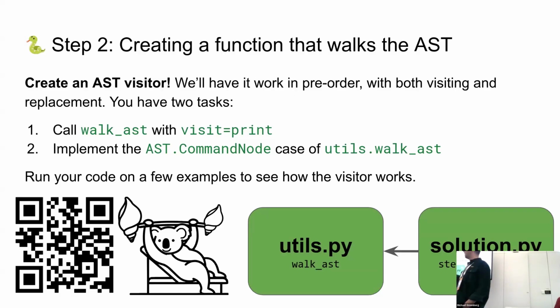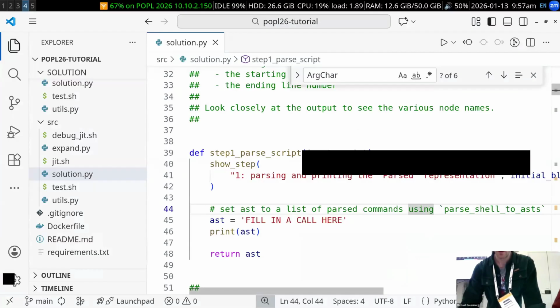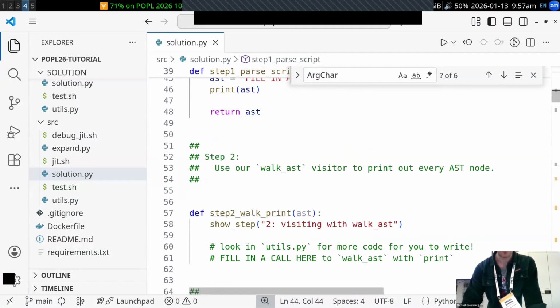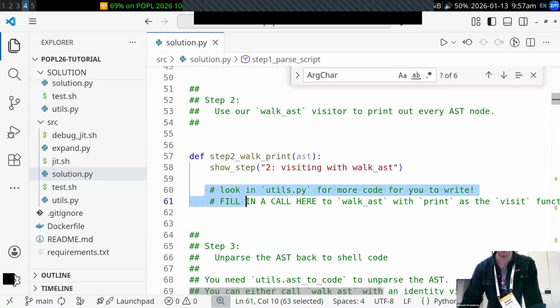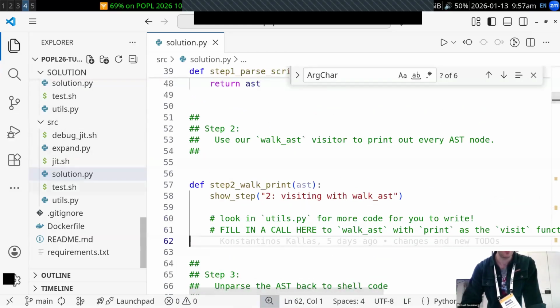It's kind of wild. You can get all kinds of cool scripts there if you want to run it on more interesting things. There's simple scripts in that SH directory. Walking through the code real quick. Yeah, the fill in here is just a call for walkast with print. But if we go into utils,